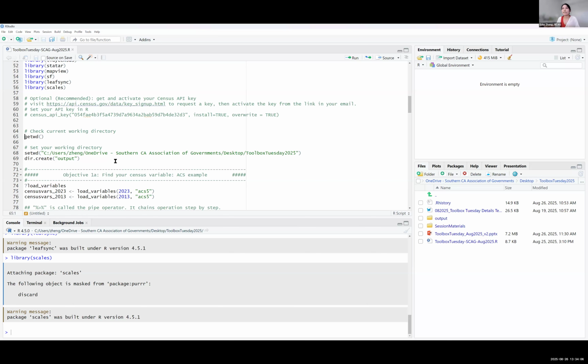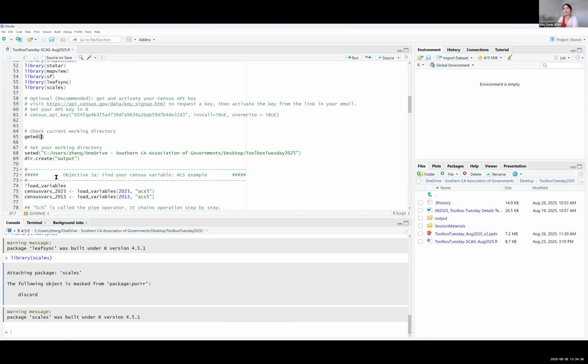The one last thing to set up your work environment is to check your current working directory. The function to check your working directory is called getwd, short for get working directory. The structure of a function in R is that it starts with the name of the function and then parentheses.